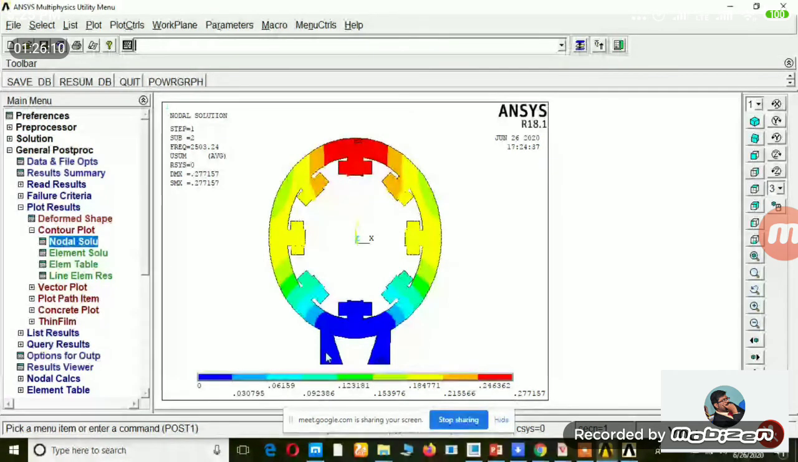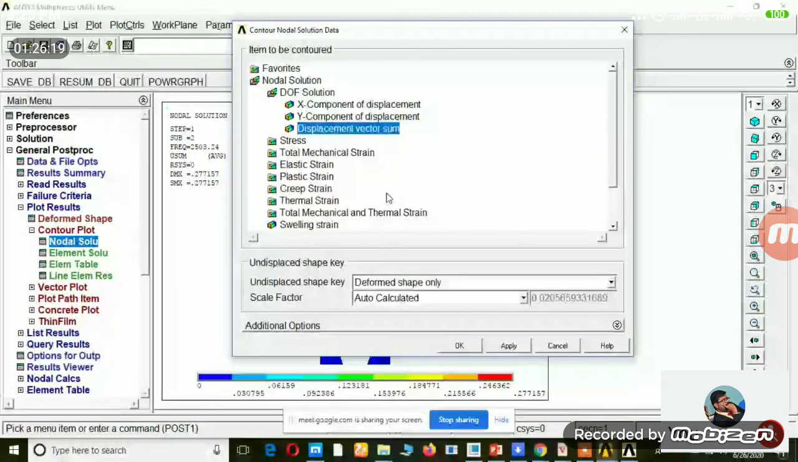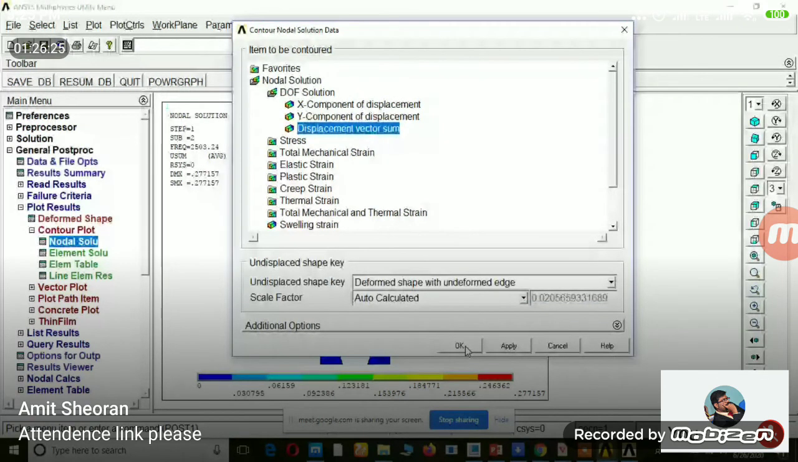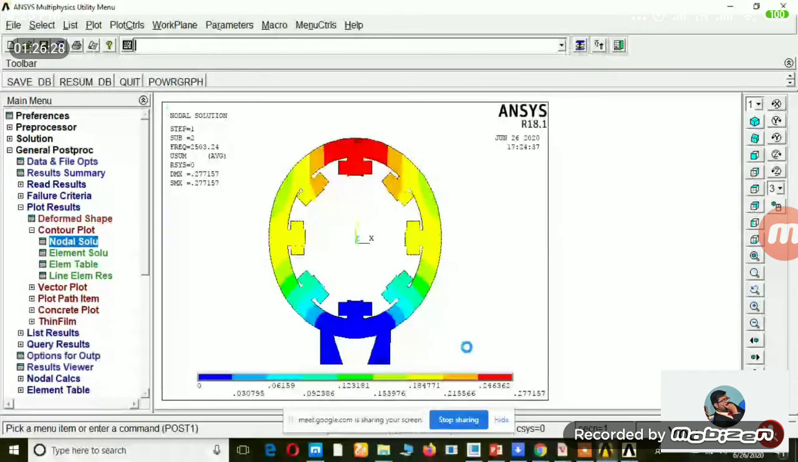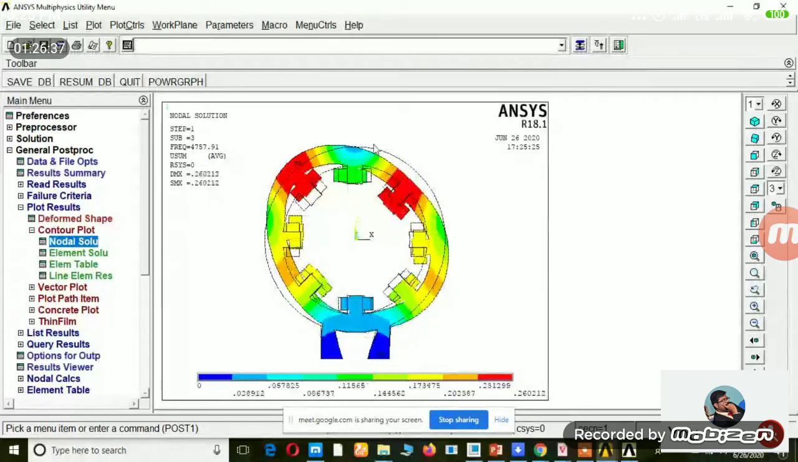And then for mode 3, next set, plot control. Suppose you want to see the initial position, just select this option, deformed shape with undeformed edges, and select now. We can see the original position as well as the deformed position, right? So how it is deformed can also be visible. This dotted black line is the original position, and the various colors show the deformed position. So now we can see how the machine has deformed from one position to another. So this is mode 3, and coming to mode 4,